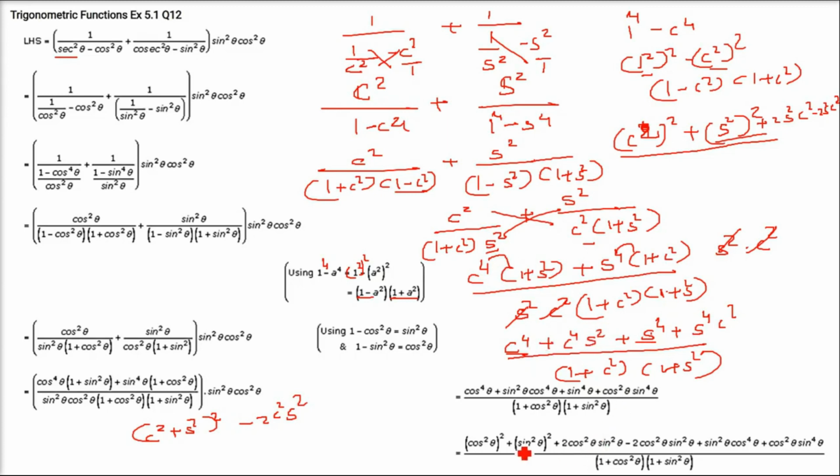So what we have done is, we have taken this as square and we have added 2 cos square sine square and subtracted 2 sine square cos square. Right? So now this will become 1. Sine square plus cos square is 1. I'm not taking the denominator right now. This is 1. So this will be 1 minus 2 cos square sine square, and then we have these two remaining. So we can write it as, this total is 1, minus 2 cos square sine square, then we have sine square cos to the power 4 plus cos square sine to the power 4 by 1 plus cos square and 1 plus sine square.